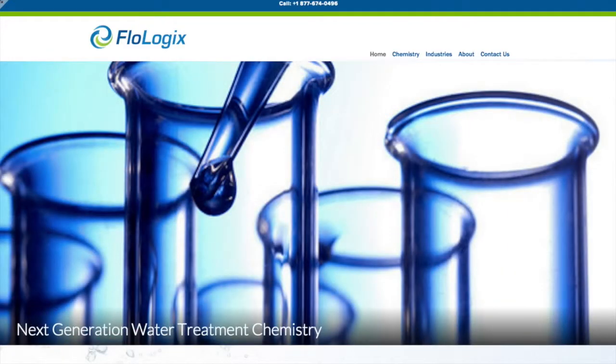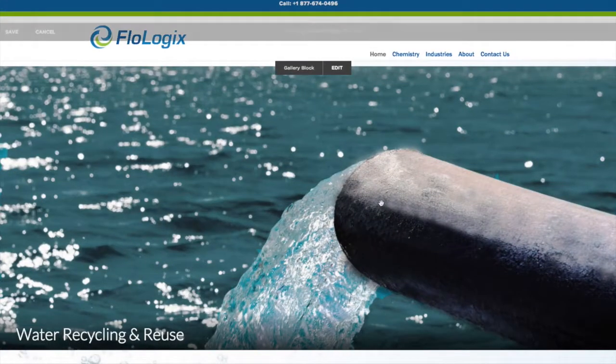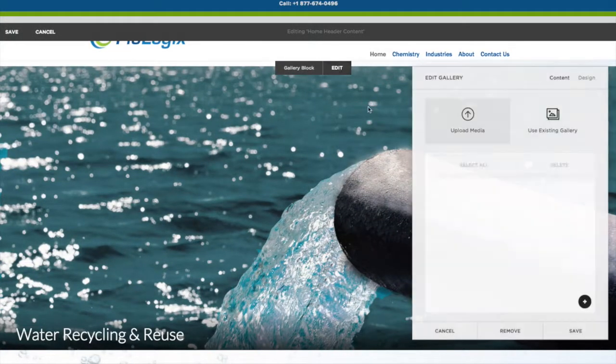Sometimes you have a problem with slideshows or galleries in Squarespace when the images are different sizes. It will display them, but it'll automatically crop all the images. As you can see, they look like they kind of match, but previously it was a